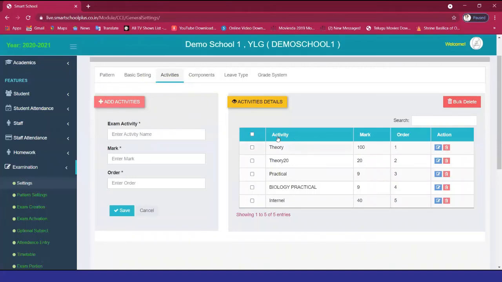In this page, you have to define the activity: what type of examination you are going to conduct, theory, internal or practical. Those things you have to fix here. Also, you have to fix the maximum of the particular examination here. Here I am conducting the theory exam for 100 marks. If I fix 50 marks here, I can enter only 50 marks in the mark entry page. So fixing the maximum mark is very important in the activities page, ma'am.